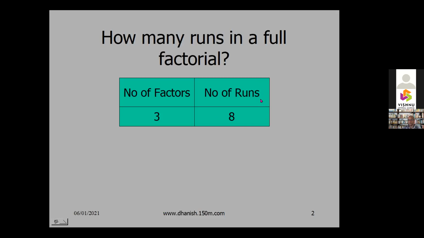And if you want to do another replication, repeat it, then it becomes 16 if you have to repeat the entire sequence. So if you have 4 factors, the number of runs will be 2 raised to 4, 16. So 8 runs, okay, we can manage, no problem. Generally, we don't mind doing 8 runs. 16 runs, we are a little doubtful. But if you have 5 factors, number of runs is 32. Oh, 32, now we are a little doubtful.